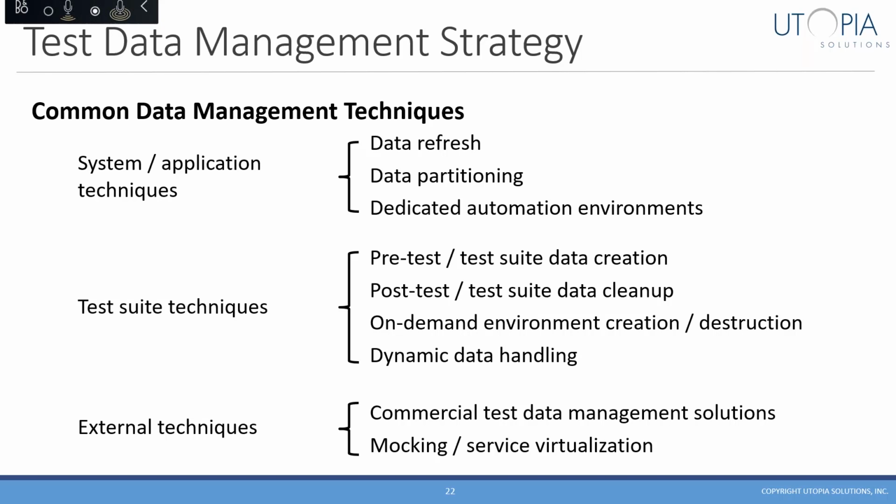We also have something I call data partitioning, and this is where we can dedicate certain data objects for use only by certain automated test suites, maybe certain accounts. If we've got a warehouse management system, maybe we dedicate a warehouse to a specific test suite, and that's only used for that purpose. And this can help with the issues related to shared test environments if you have them, assuming that, of course, no other activity touches that data, because it's really kind of an on your honor type situation.